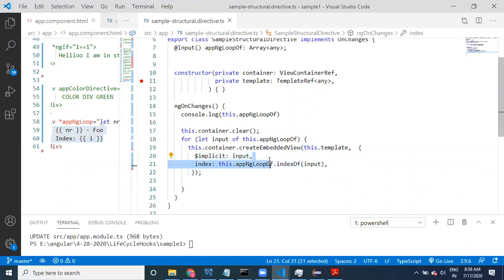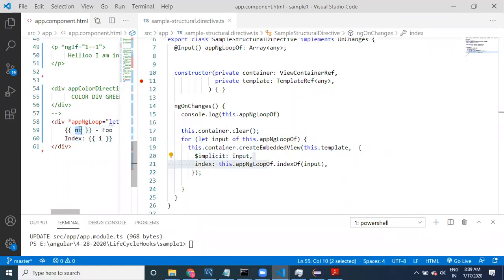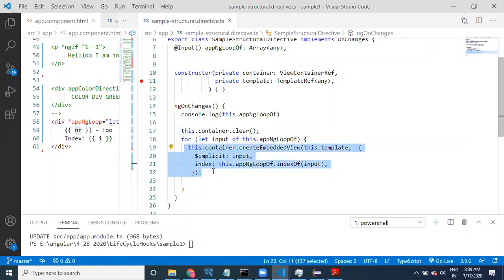Within this template we have to set the values, right? Now we are taking every value. This logic is going to get executed multiple times, so that many divs are going to be created, every time creating the container, one div, creating the view.